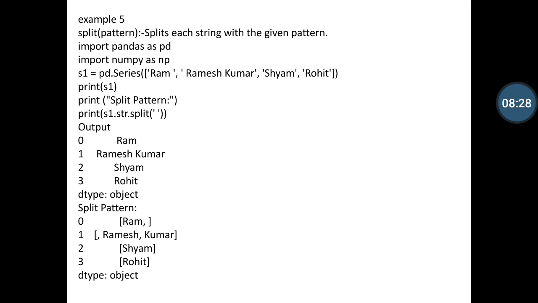And in example number 5, I am using the split pattern method. Basically it splits each string with the given pattern, so that's why I am using both libraries and creating a series and putting the values Ram, Ramesh, Shyam, Rohit, and print s1, which only prints the values. Then, I am defining a print statement, s1.str.split method, and in this method I am putting a comma